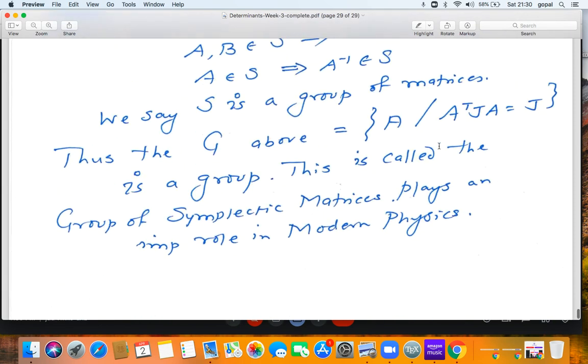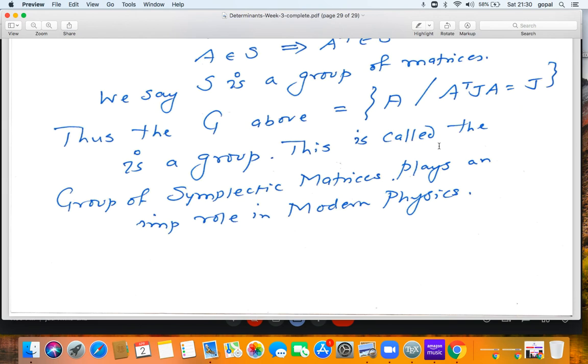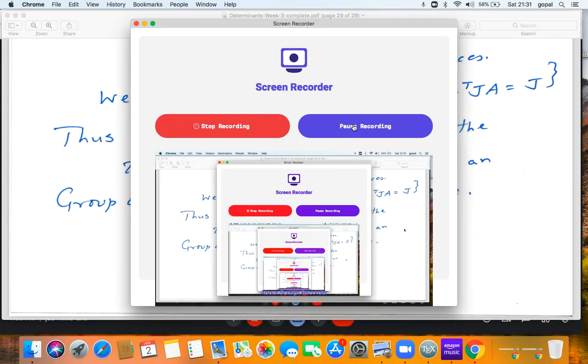This group has a certain name. It is called the symplectic group. And this symplectic group is one of the most important groups that plays a very, very crucial role in modern physics. I think we'll stop this here. And with this, the material for the third week